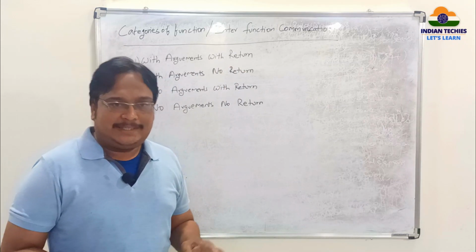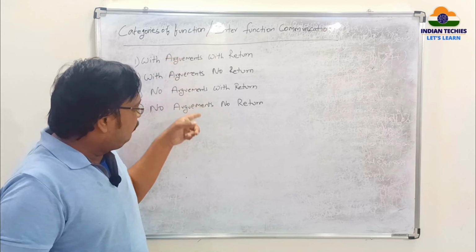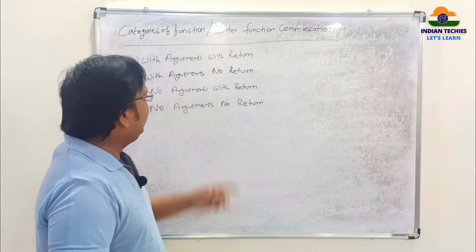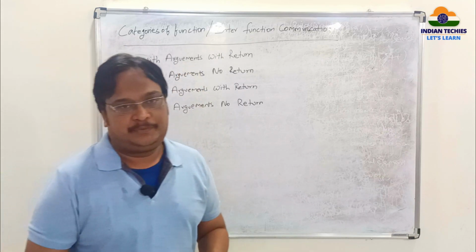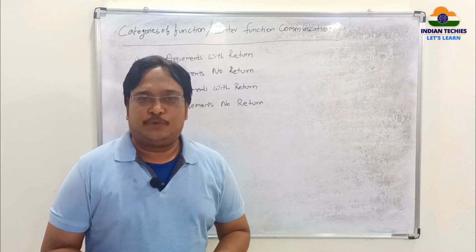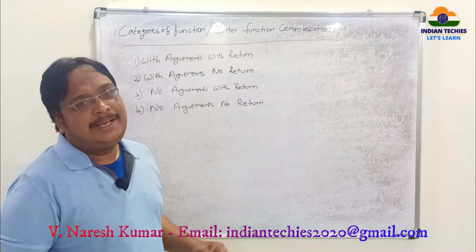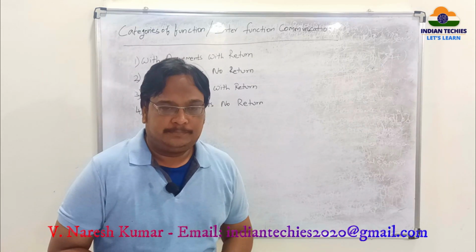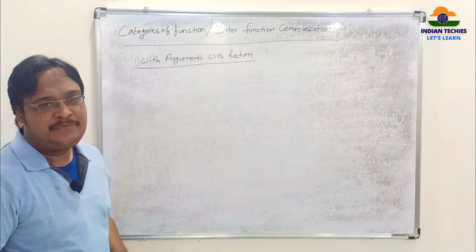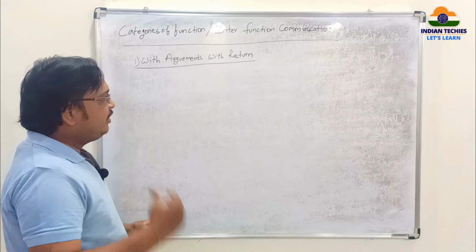Now we will take one example and we will write the same concept using all these four methods. As in our previous class, the first method is already completed. That is with arguments and with return values. That is addition of two numbers. But anyway, we will discuss all these four methods in detail right now. Now, the first method with arguments and with return values. We are going to perform addition of two numbers using this one.